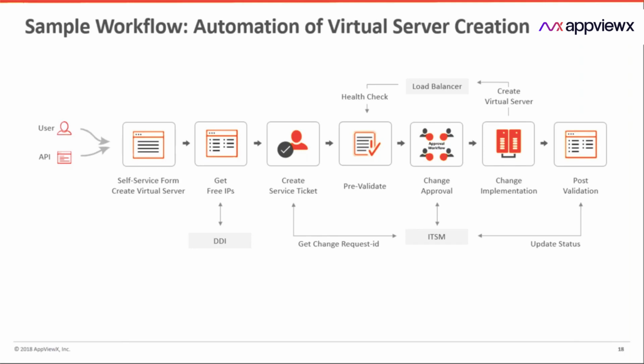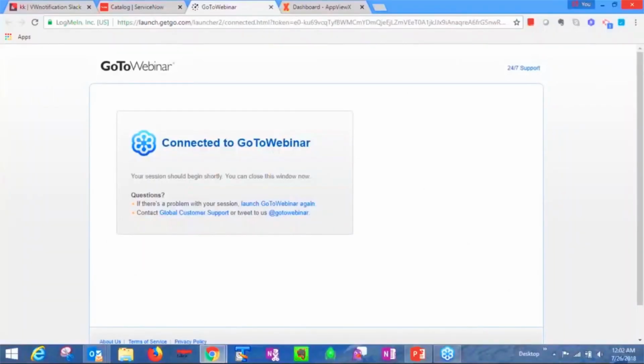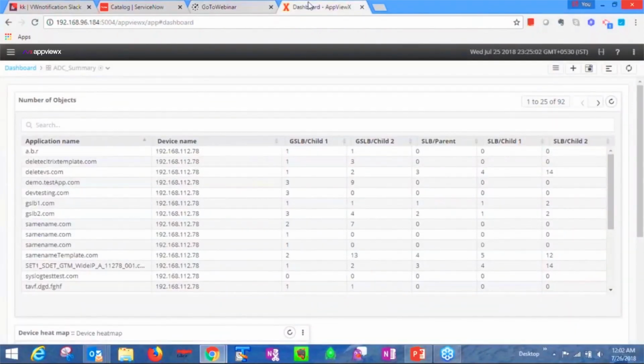You can automatically create a change ticket, have validations done, and you could even have multi-level approvals. You can review the configurations before they are pushed onto the end device. So that allows you to ensure that there are no human errors involved as part of the whole process itself. So let me deep dive into the tool and show how you can build simple and complex workflows.